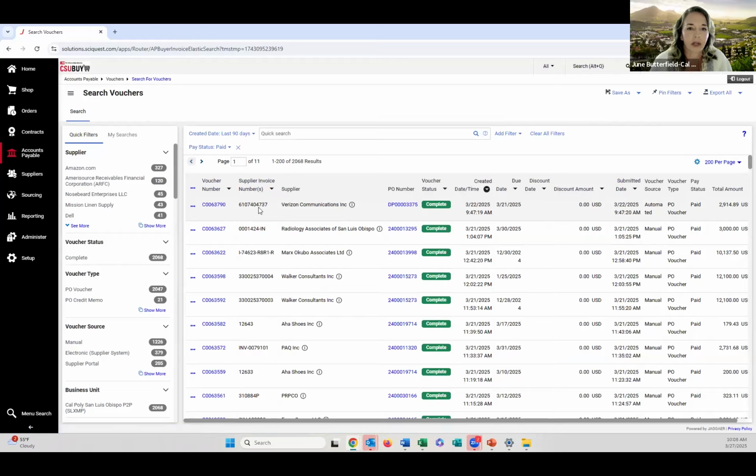The other columns we can go ahead and view as well. So here's the invoice number itself, the supplier. You can quickly navigate to the PO that this voucher was created for. The voucher status complete, meaning that it's completed all of the workflow steps. When it was created, if it had a discount date and a discount amount, when the voucher was submitted, the